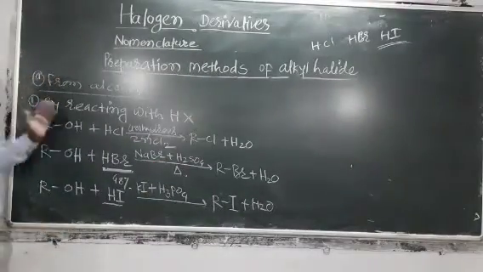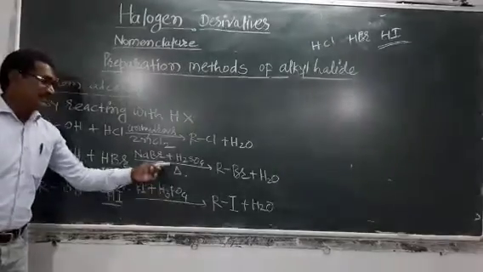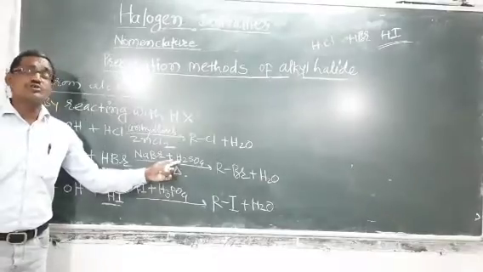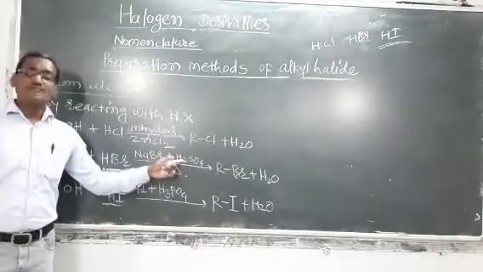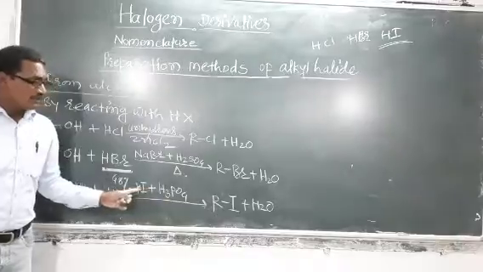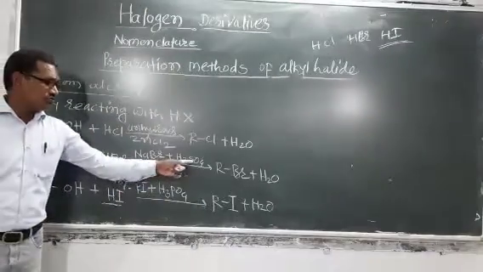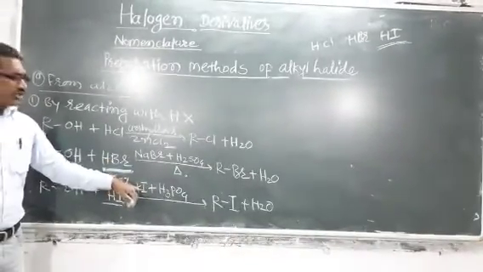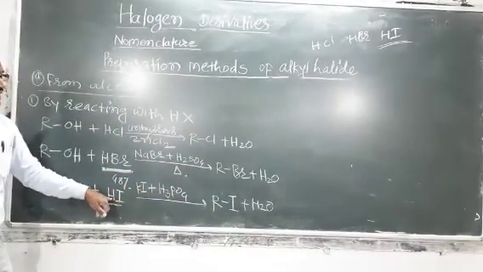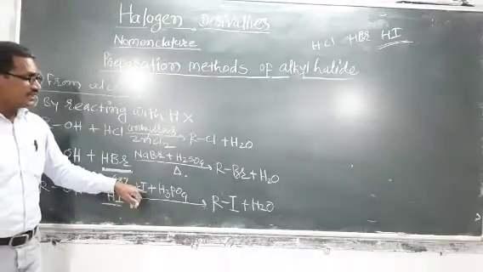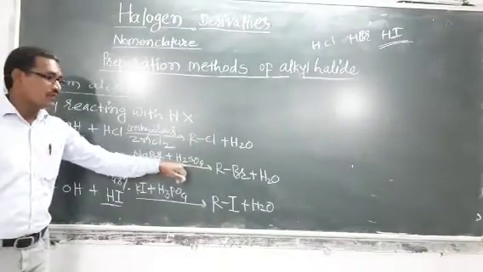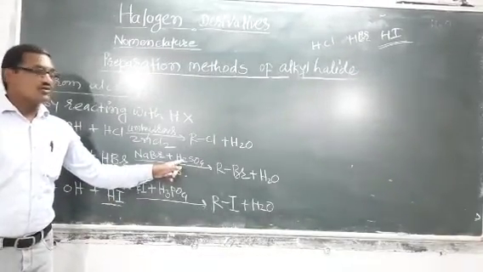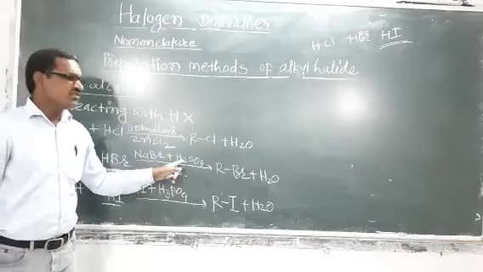Why is this? This one is also an acid, but we are using H3PO4 and not H2SO4, because H2SO4 is a strong oxidizing agent. Suppose we have reacted potassium iodide with H2SO4, the product will obviously be hydrogen iodide, but this hydrogen iodide reacts again with H2SO4 and undergoes a redox reaction.